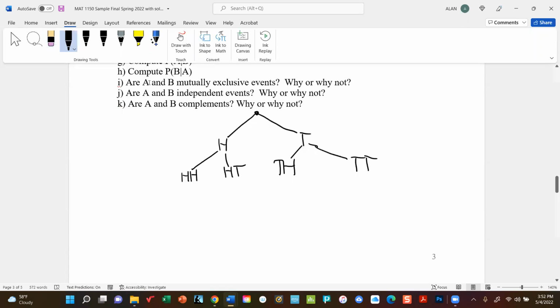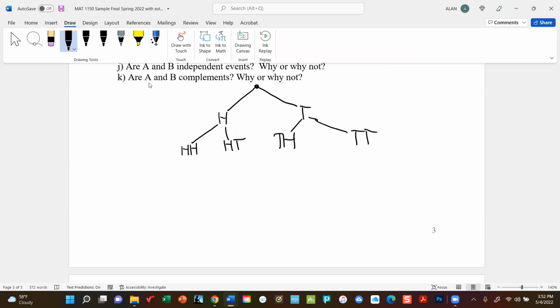Then we go the third time. Now, from each of these, there's 2 more possibilities. We can follow this up with another head or a tail. This one can be followed by a head or a tail, a head or a tail,